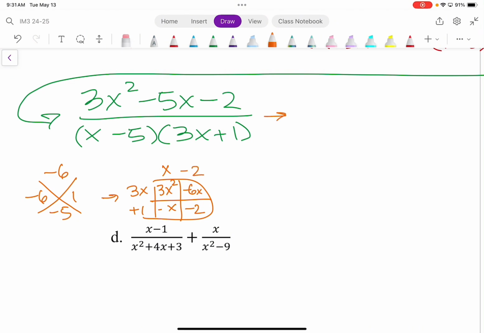So we can factor the top to 3x plus 1 times x minus 2